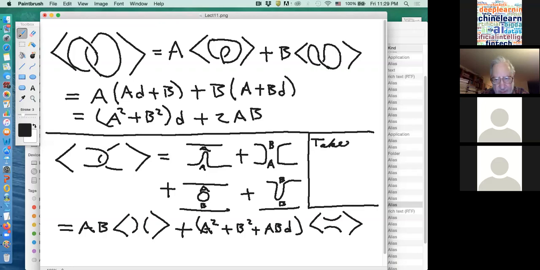I'm going to take B equal to A inverse, and that makes AB equal to 1, and then I would have A squared plus A to the minus 2 plus D, because AB is equal to 1, equals 0. So I'll take these two equations to be given. D is given to be minus A squared minus A to the minus 2, and B is given to be A inverse, and then